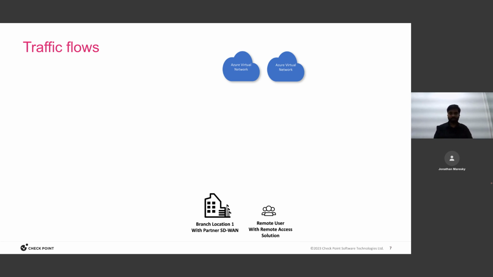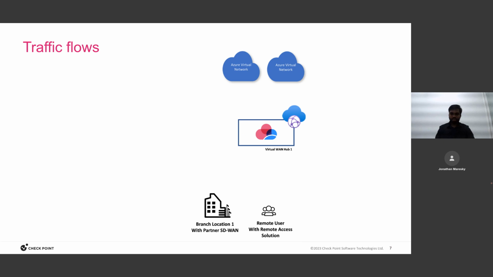There are virtual networks, VNets, where the application is configured, and these branch users as well as remote users are trying to communicate with that VNet where the application is hosted. So we can build one vWAN with a vWAN hub architecture, and we can insert a Checkpoint NVA within that